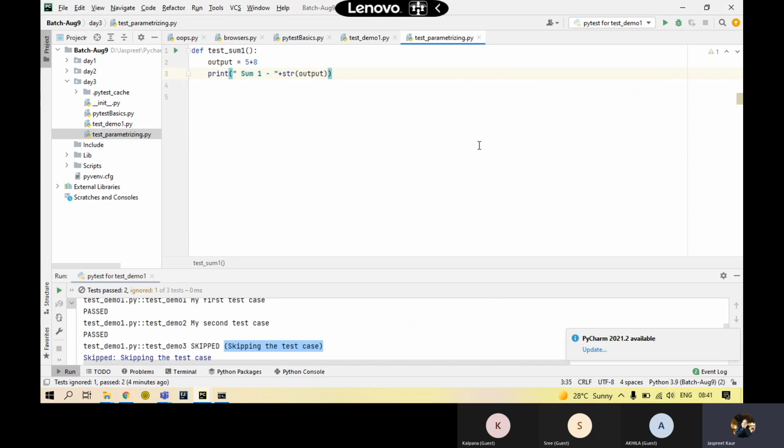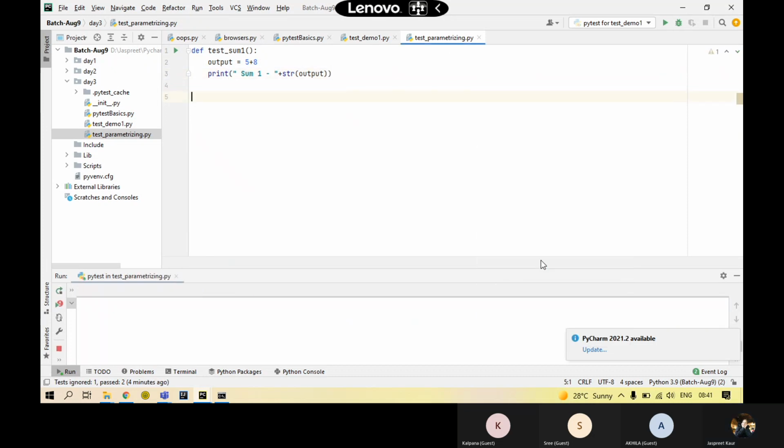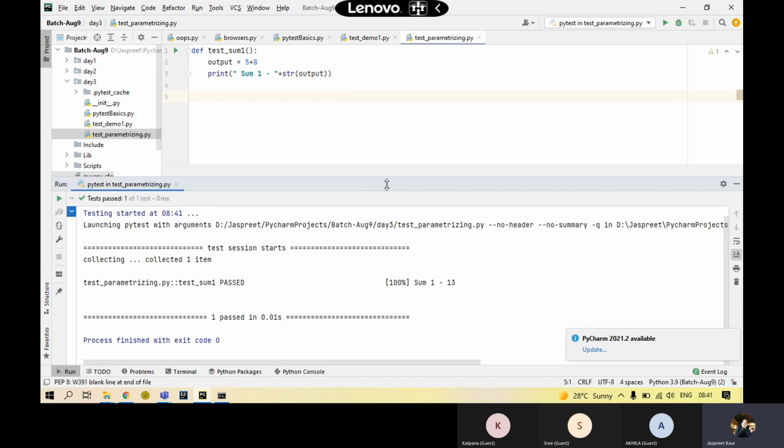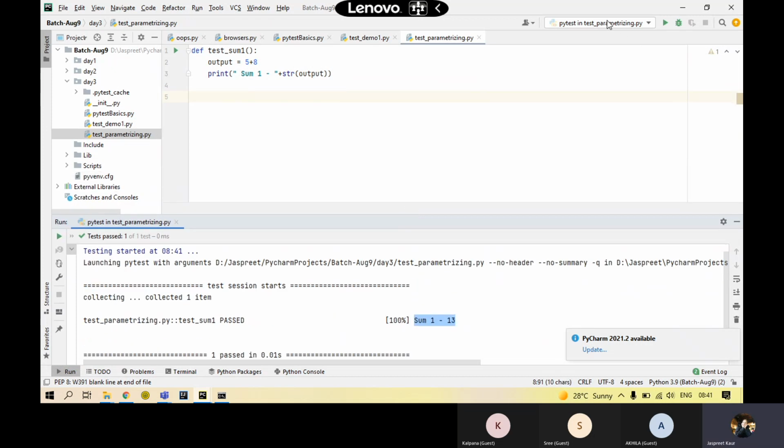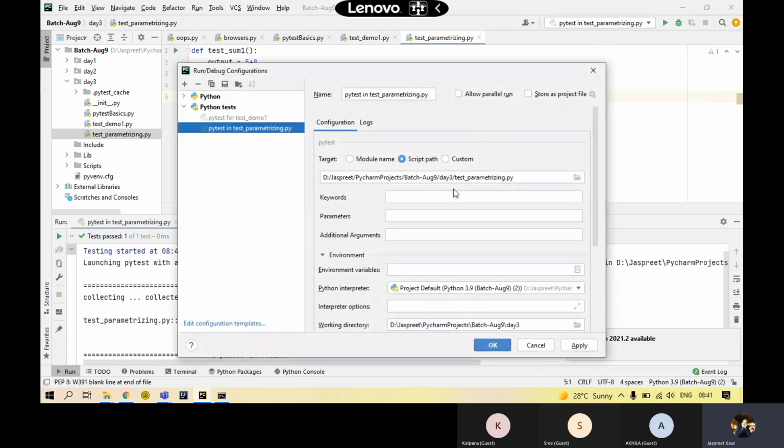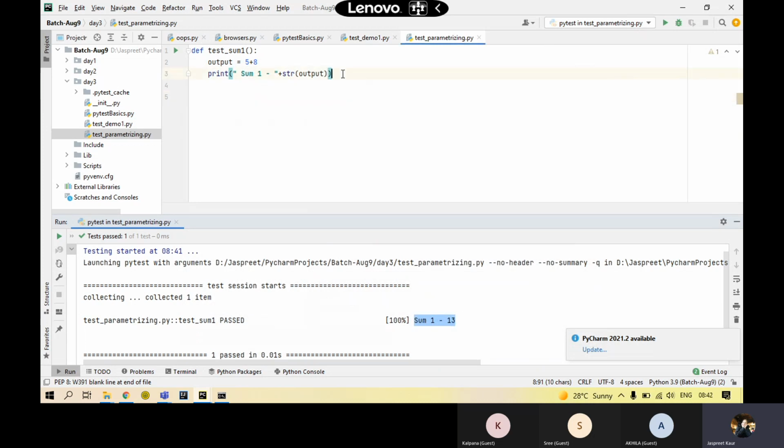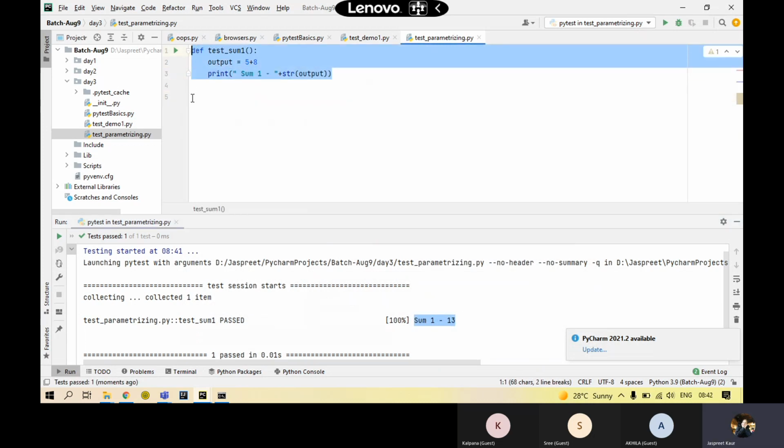So if I run this file, I get the output over here. That is sum1 is this. I can just change the configuration to get this output more clear. So I'll add -s, apply, okay, and done. Now I have 5 sets of these.